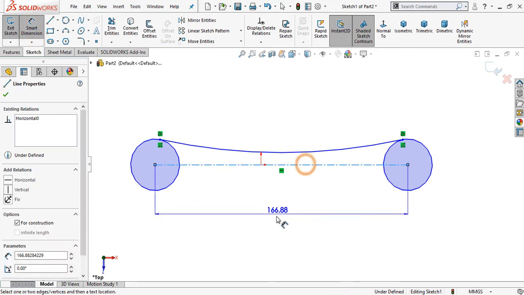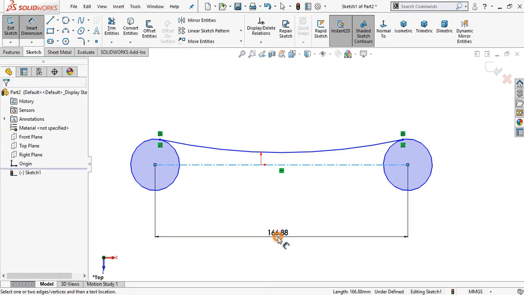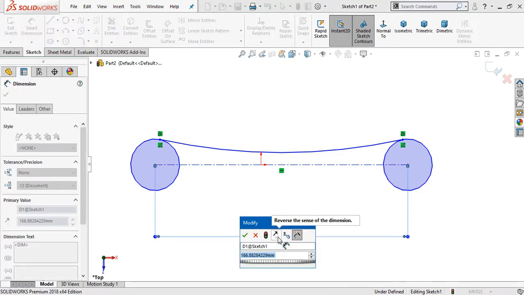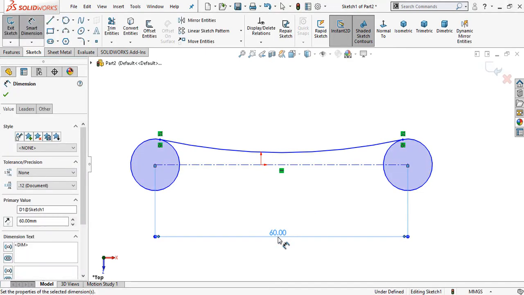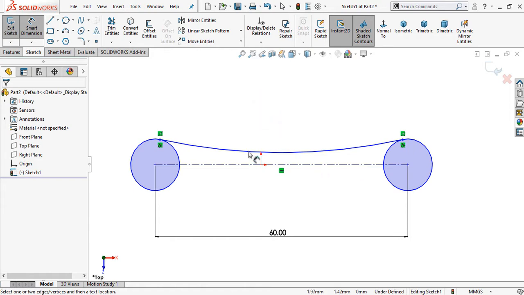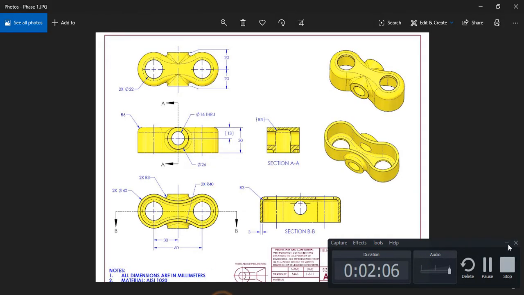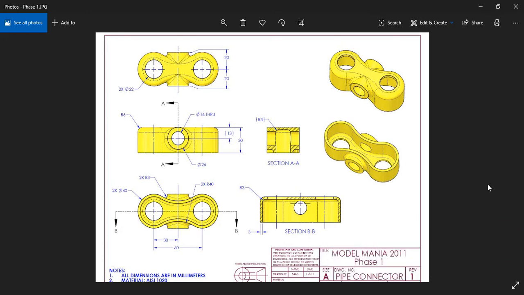Now assign dimension to this center line, make it 60 mm. The circles, the circle is 40 mm.